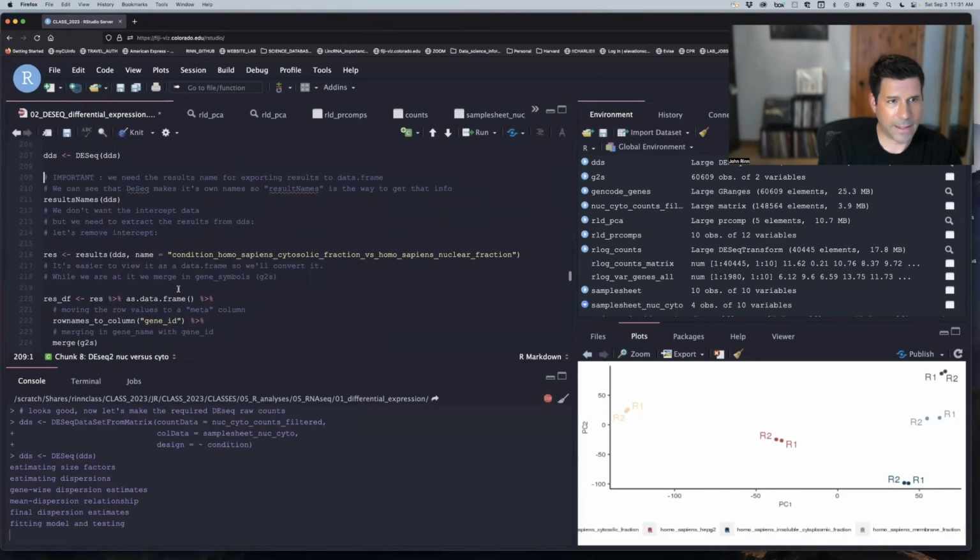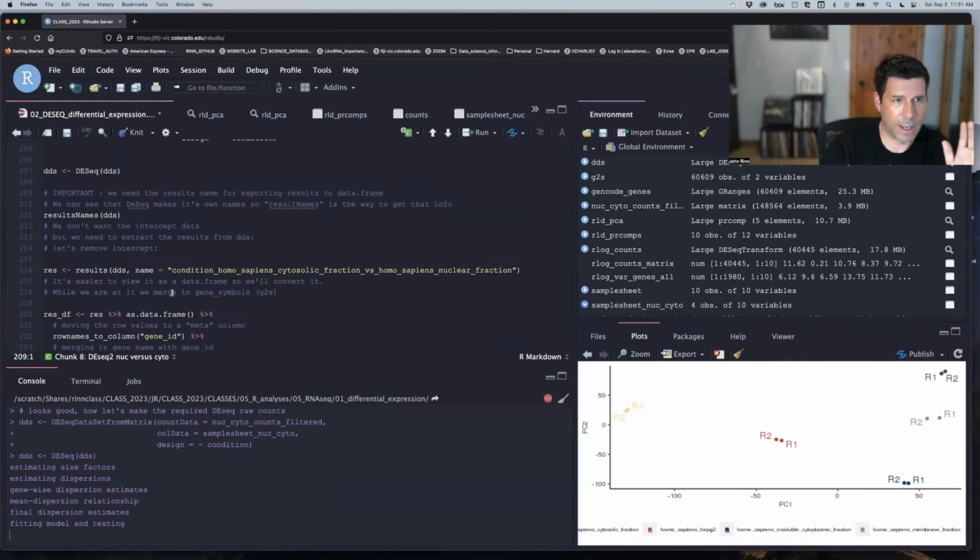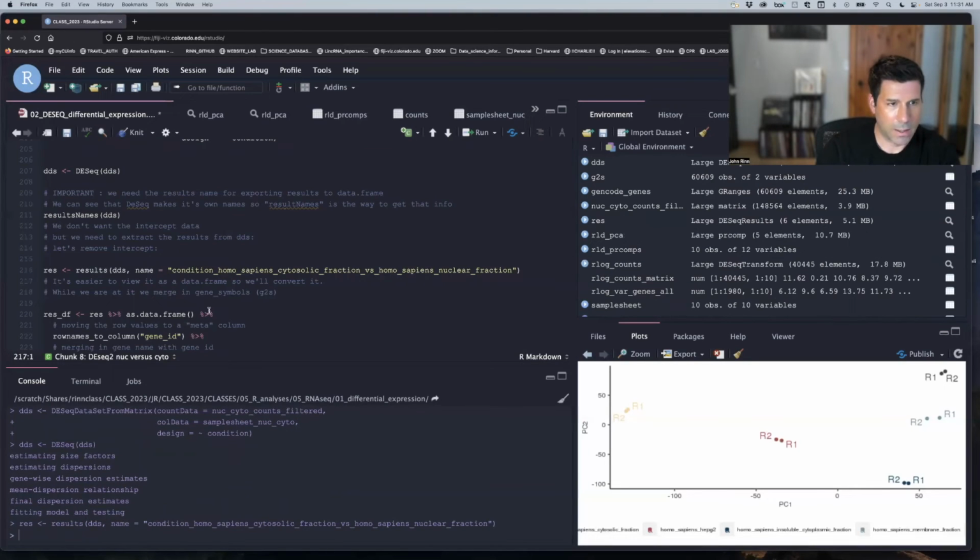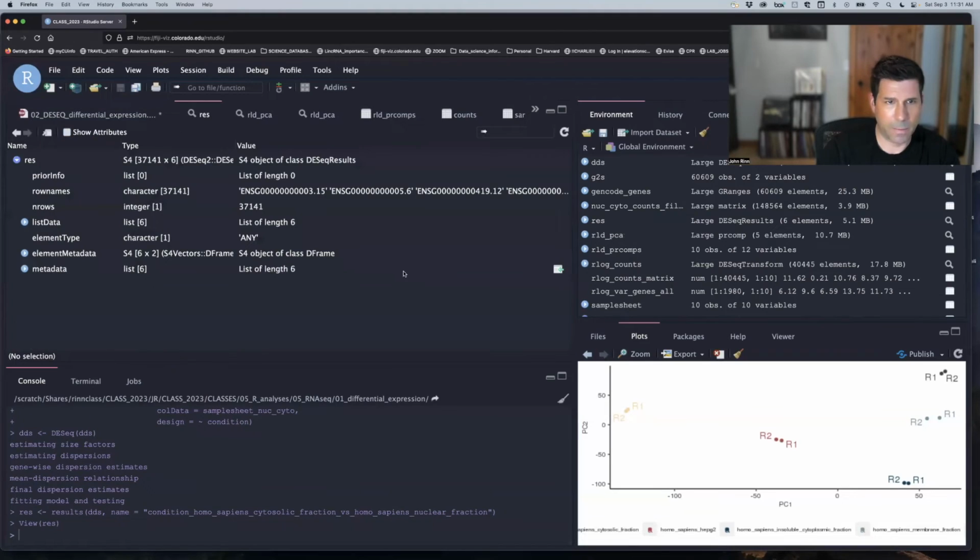And now, last time at this point, once we had run DESeq on the dds and had DESeq dds, so to speak, then we did rlog to normalize the counts across the samples. And now what we want to do is look at the results. So results is another DESeq function, which will tell you all the comparisons that were made. And since we only did the one, we should only have the